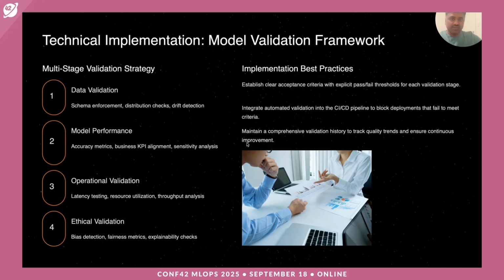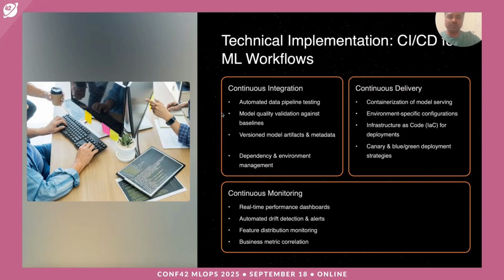So what are the best practices here, right? Having clear acceptance criteria with pass or fail thresholds for each validation step is extremely important as we build these production systems. Also having those integrated into CI/CD pipelines, we don't want to make it manual, right? We want to build them into consistent CI/CD pipelines that can enforce these checks at runtime, and also having that history to track how model quality, model deployment and validation delivery is happening is a very good indicator of our maturity, of how we are progressing as MLOps teams, right?